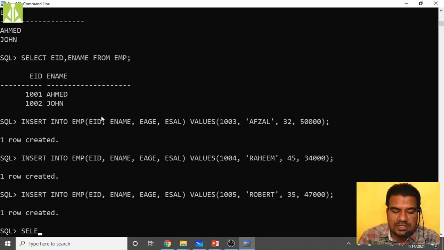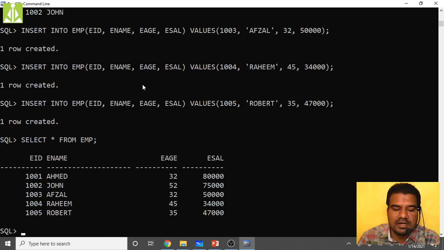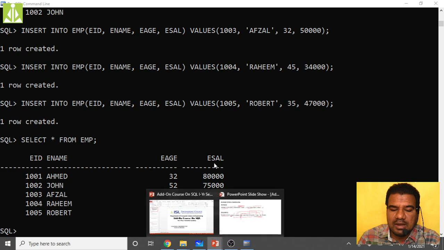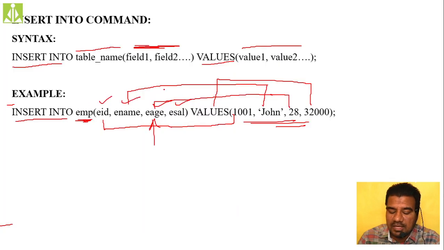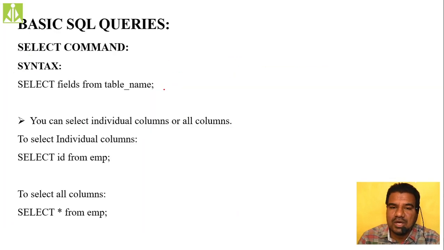Now you see select star, the complete table. If you want to see it, select star from EMP, hit enter. See, these many rows we have created. The delete command we will practice afterwards. It simply deletes the rows from your table. To do that we use the delete command. After doing some more practice on the employee table, I will show you this delete command.